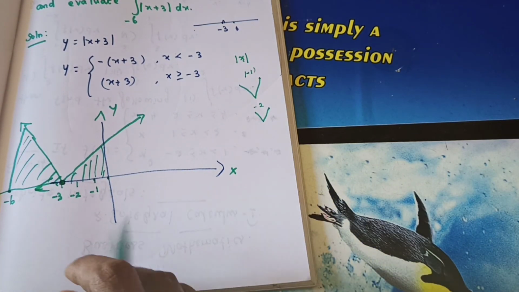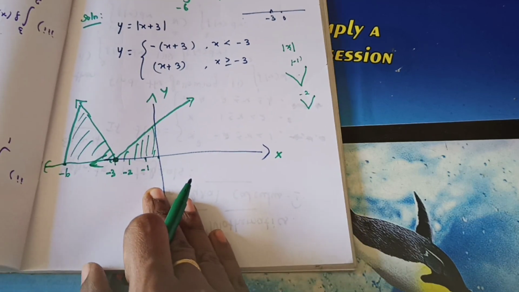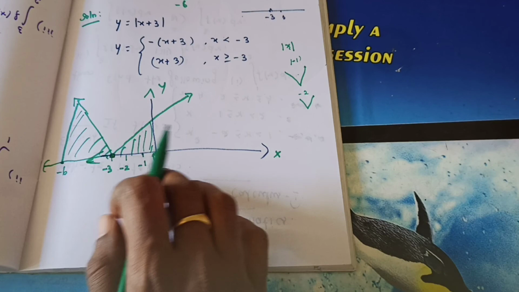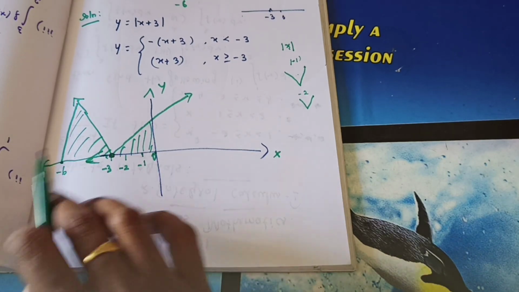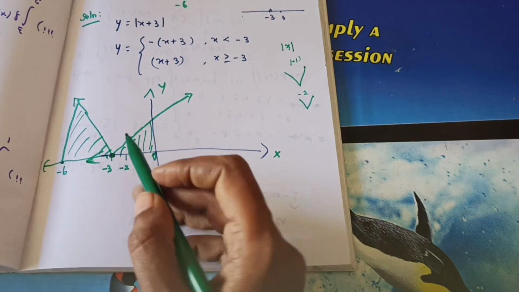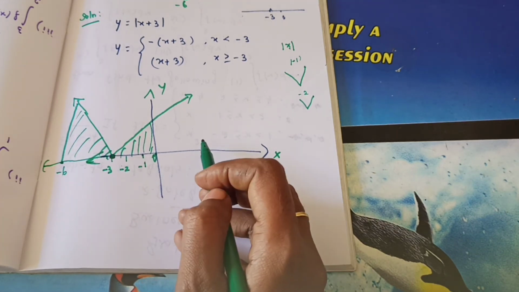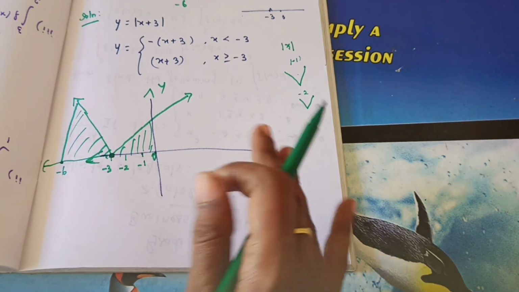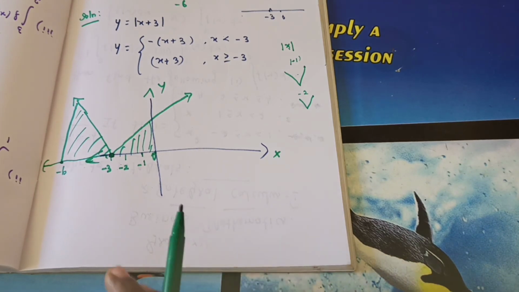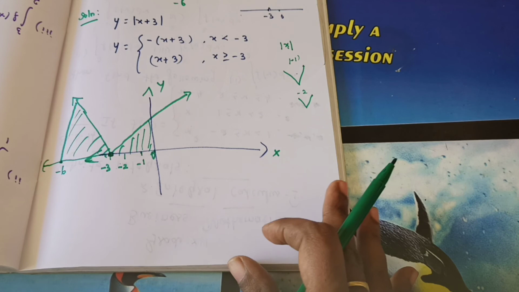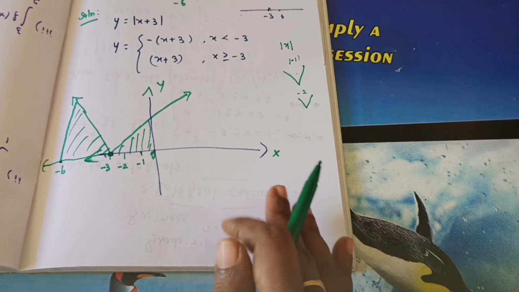Understand, students? What's the reason? That is, the limit is minus 6 to 0. So for minus 6 to 0, I have drawn the vertical line and shaded. Keep it in mind, if it is modulus, in the place of minus 3 it will be a V shape. If it is minus 2, in the place of minus 2 there will be a V shape. I am not going to confuse it. Okay, this is it. Now we are going to split as 2 integrals.